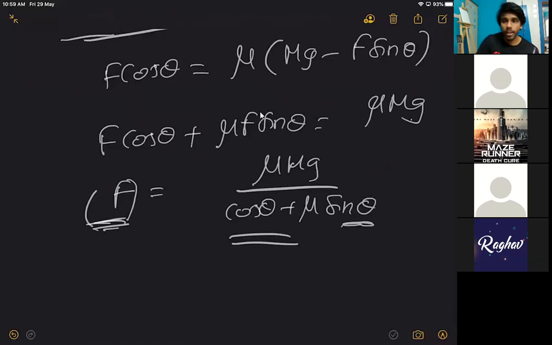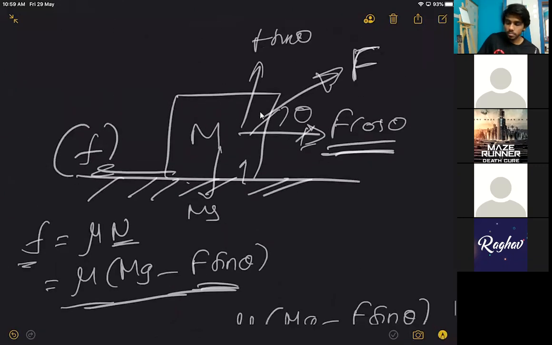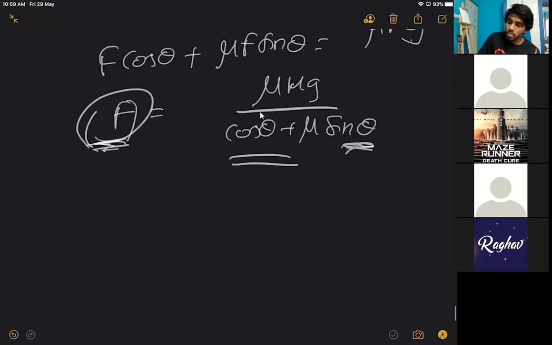Who knows about the angle? Did I give you some angles for some specific angle? Raghav says this was a similar case in objective one, question number one. That's a good analogy. Now you're getting my point? We are getting the force in terms of theta, but we don't even know the theta. But we want the force to be minimum.